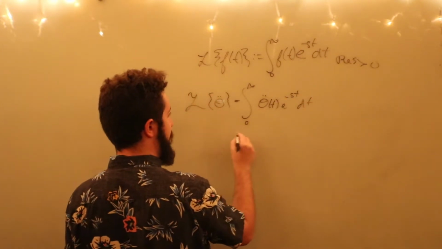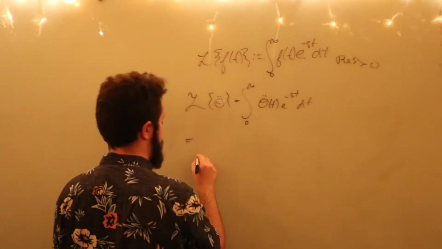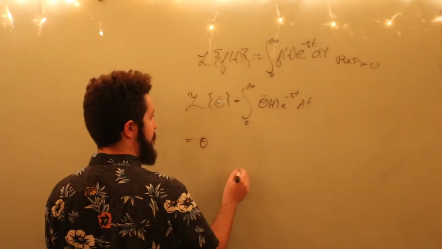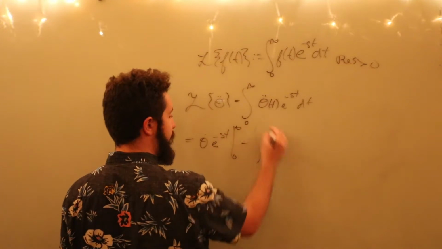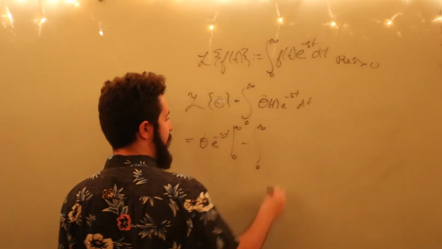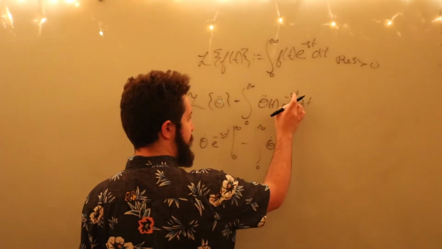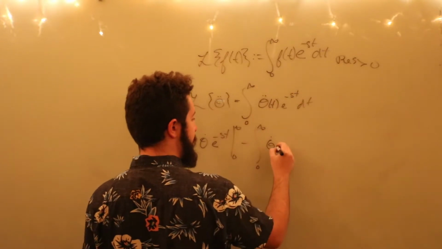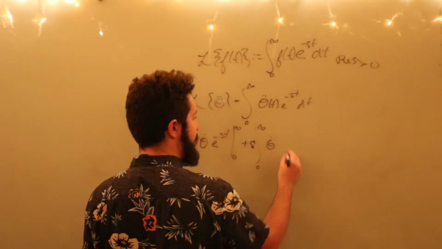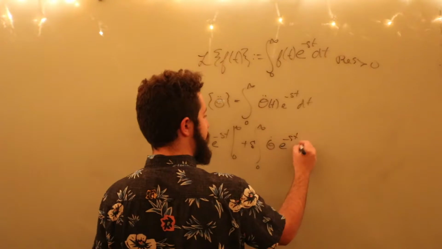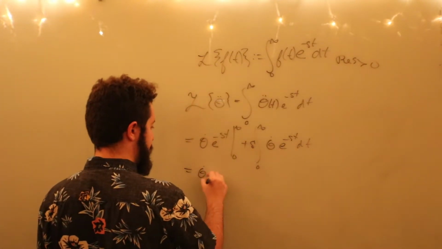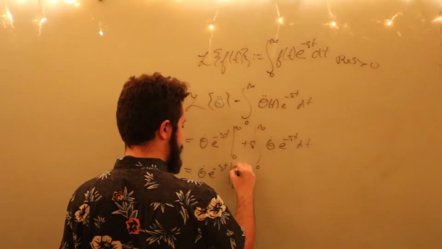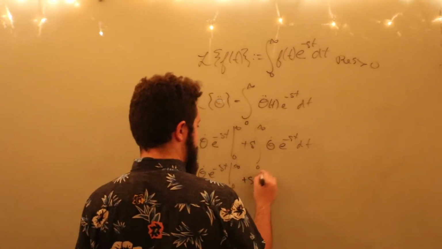And if we integrate this by parts, we're going to get theta dot e to the negative st evaluated from 0 to infinity, minus times the derivative of negative s comes down, so you're going to have plus s out front, e to the negative st dt. Integrate by parts again, theta dot e to the negative st from 0 to infinity, plus s